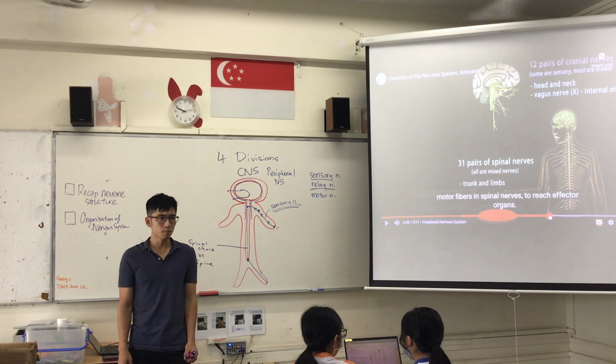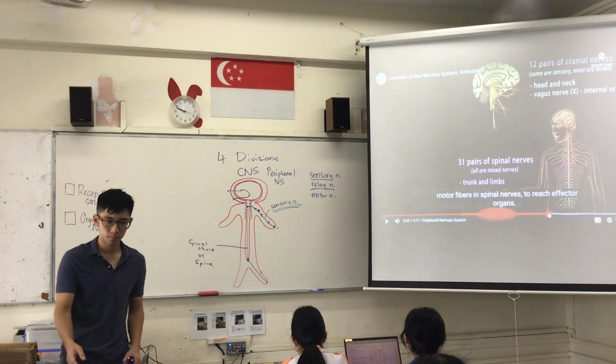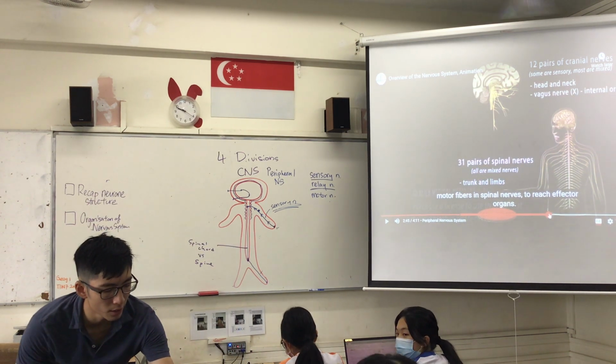In the next part of the lesson, let's introduce and go to the last 2 divisions I expect you to know about. These 2 divisions of the nervous system,